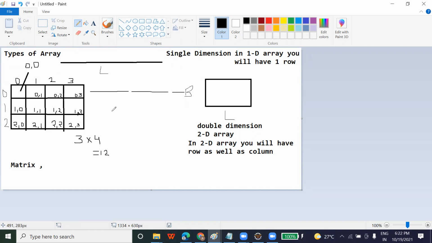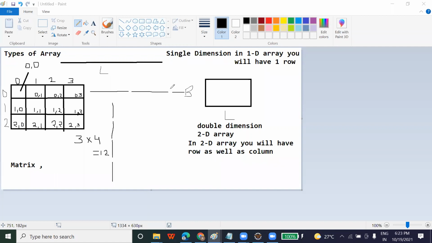If I talk about column, then in that case the first column data will be saved, then the next index data will come immediately after this one. Immediately after 2001 will come, then this one and this one. Is it clear to everyone? Yes, sir. This is called column oriented, and this is called row oriented.